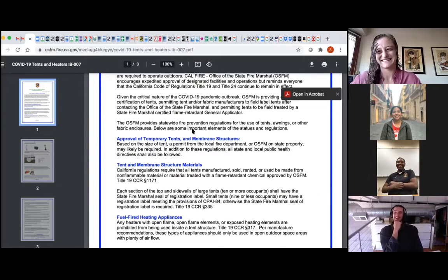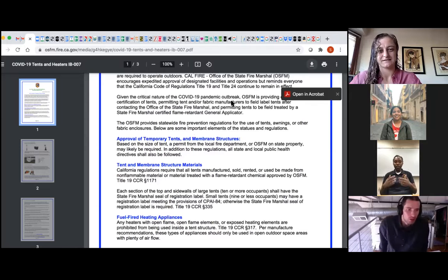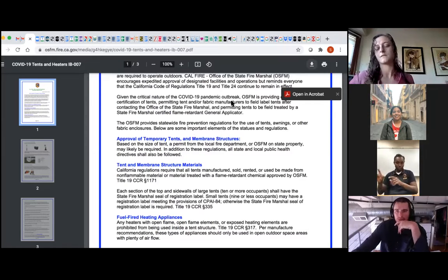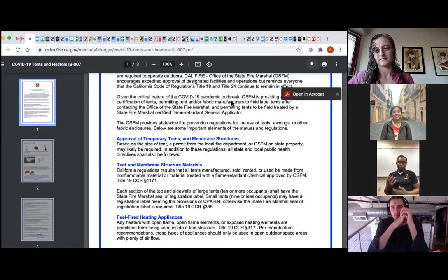So yeah, we do see a lot of companies with spray-ons and flame retardant sprays or adhesives, but the problem with those is that they haven't been through the testing process quite yet to get that stamp from the state fire marshal. So at this moment, we're only accepting the tents with that seal on there. And again, they are a little pricey, but